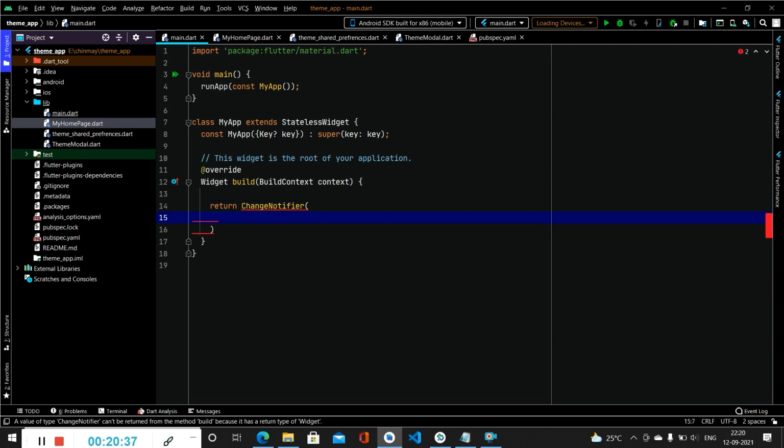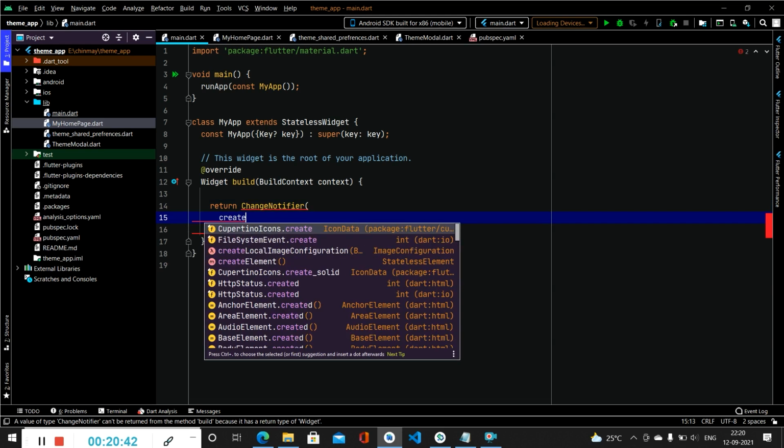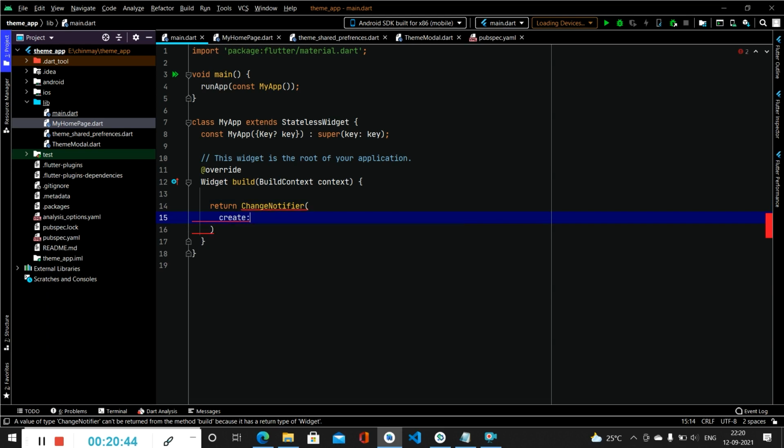Inside change notifier, we will be calling state as a theme model. We have to import this theme model.